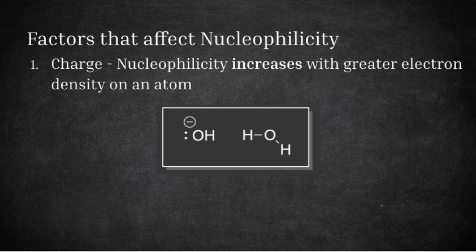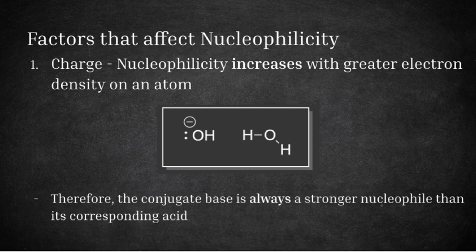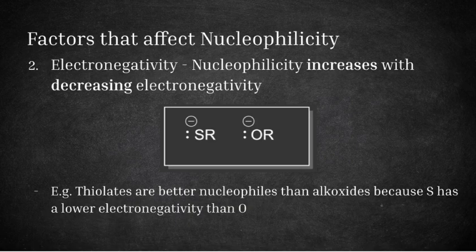Just like with basicity, nucleophilicity increases with greater electron density on an atom. As a result, the conjugate base is always a stronger nucleophile than its corresponding acid. Similarly, across a row of the periodic table, nucleophilicity, like basicity, increases with decreasing electronegativity. Since nucleophilicity involves donating an electron pair, atoms with lower electronegativity are more likely to share their electrons, making them